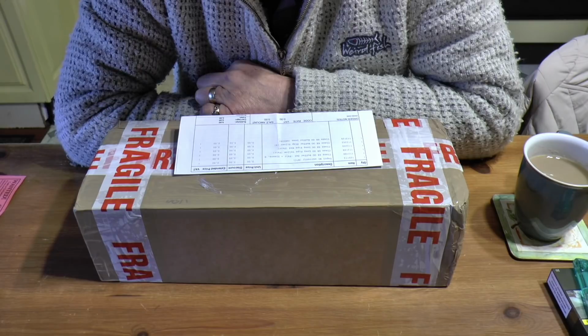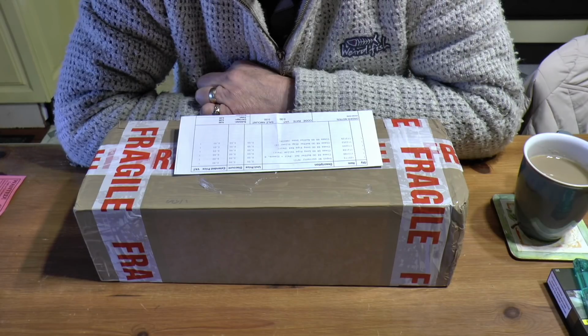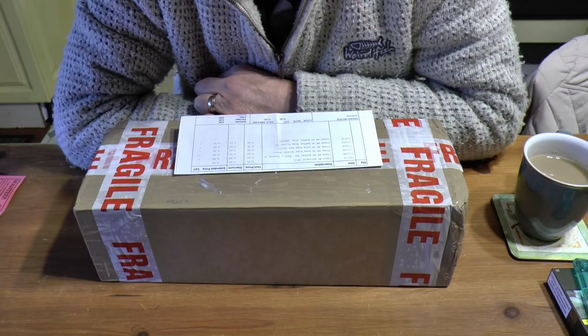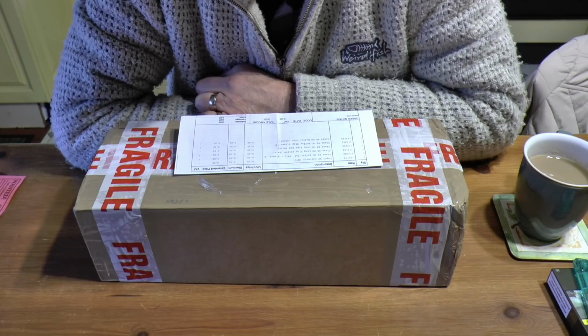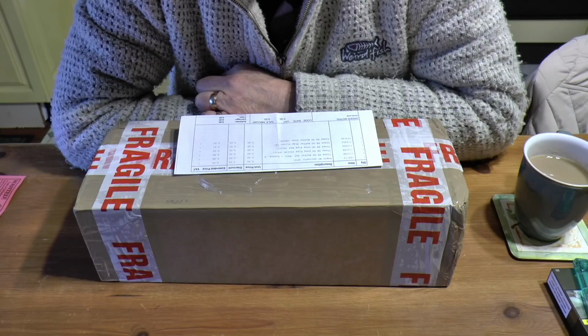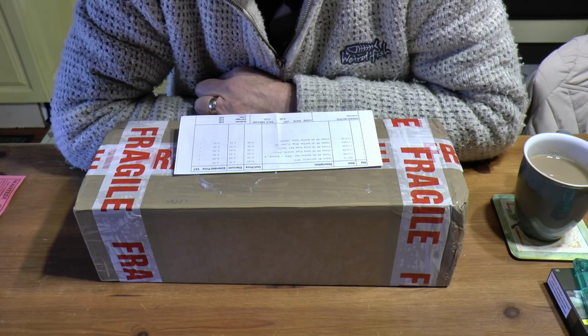It's the Class 68, 68005 Defiant. I sent it off to them just prior to Christmas for a replacement body shell and a replacement buffer beam. Now, when I bought this originally from Rails in February last year, the body shell was obviously not